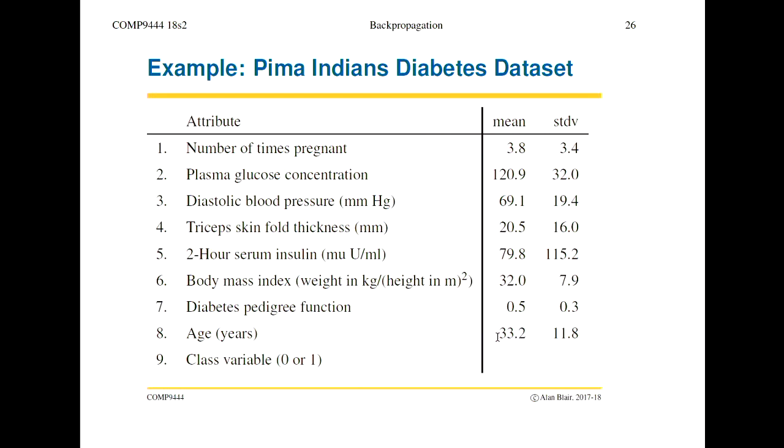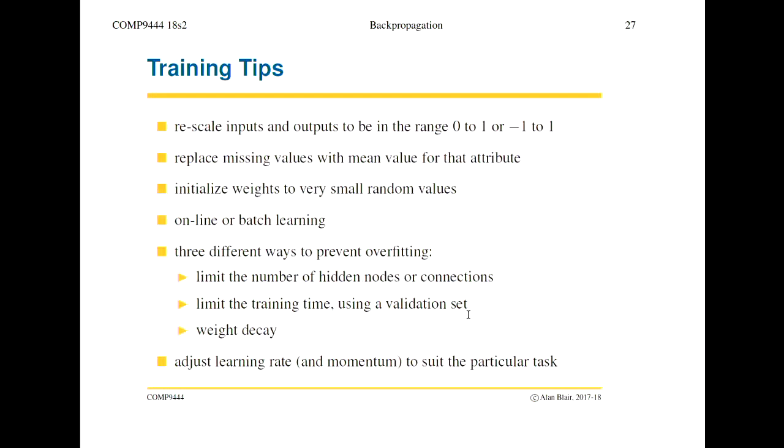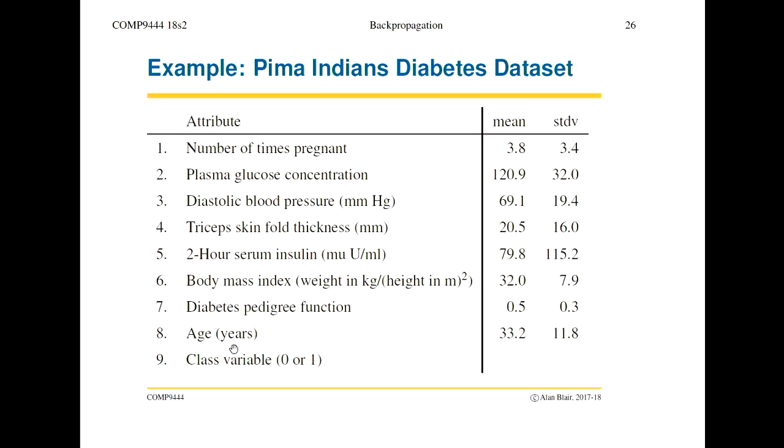Let's suppose that the triceps skin fold thickness is measured in millimeters. Now, that's an arbitrary choice in a way. We could have measured it in centimeters, we could measure it in meters, we could measure it in micrometers, right? If this happened to be measured in micrometers, then every value would get multiplied by 1,000. So the mean would be 20,000 instead of 20.